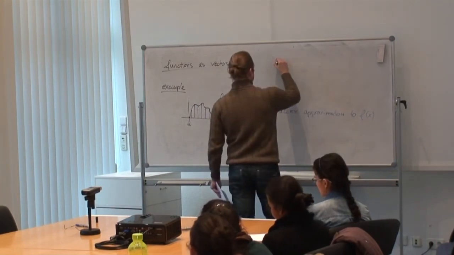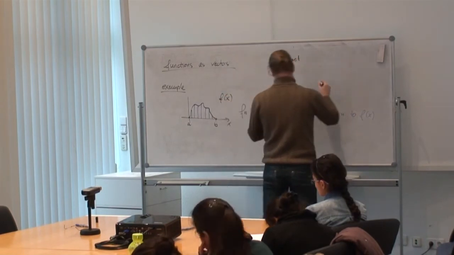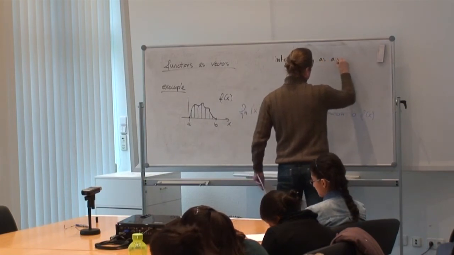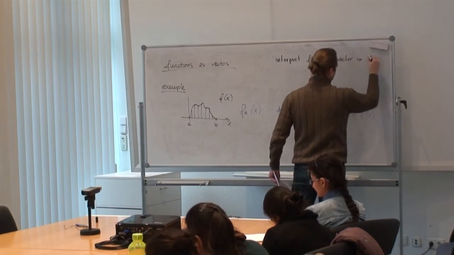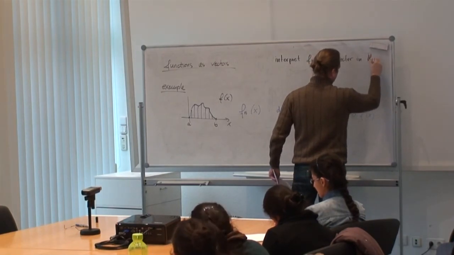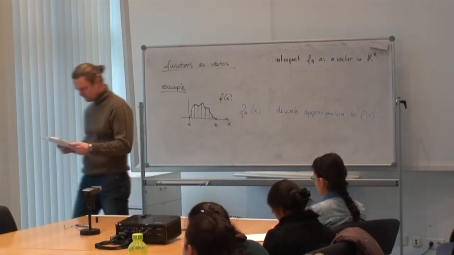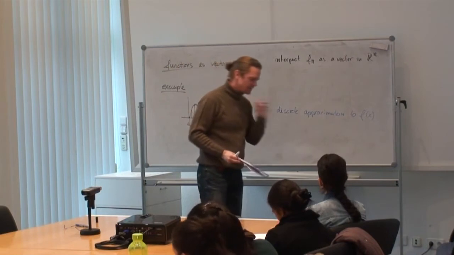So if we interpret Fn as a vector in, in our case, the vector space Rn, those are real numbers. Then, and here is the idea,